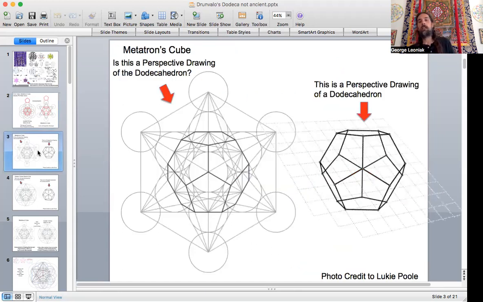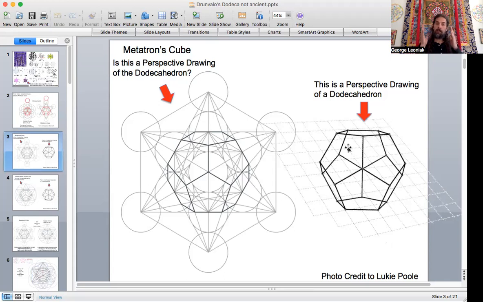Well, recently, one of the great young geometers in my New Geometers group over at Facebook, Lukey Poole, he's always posting great stuff in there, very much into this, really has a strong background in mathematics and a love for the sacred geometry application. He posted these recently. I asked him if I could use them in this video because, in one of my posts, I did talk about this perspective, and he, luckily for me, crafted a version of a perspective drawing